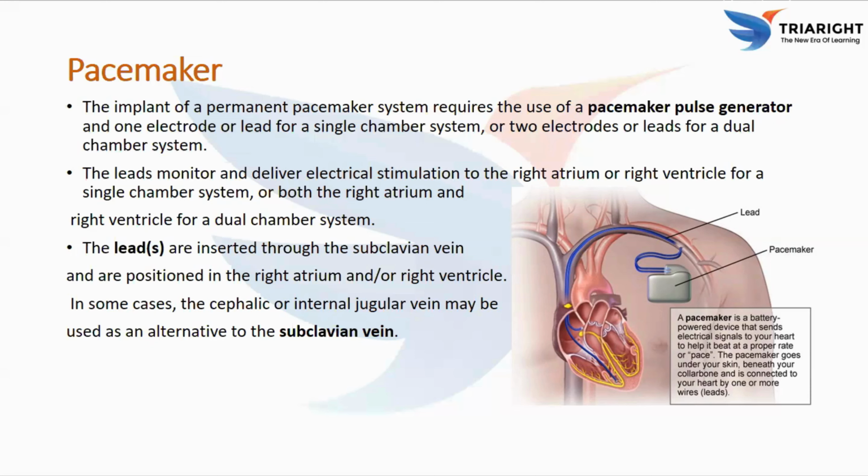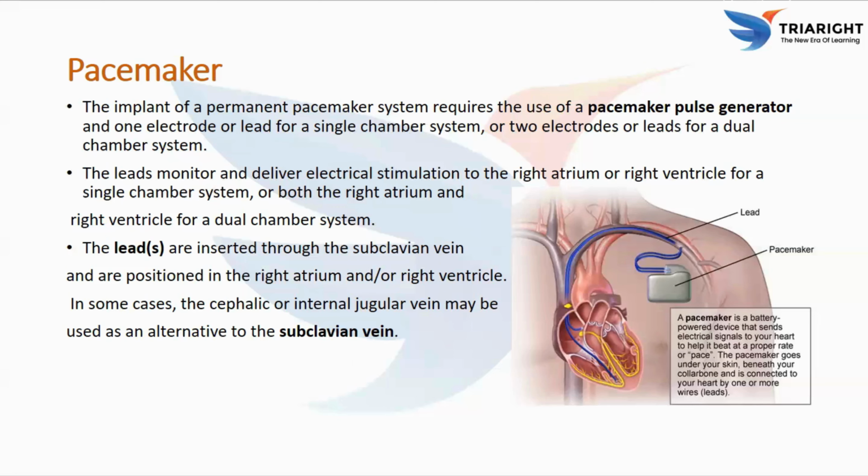Next procedure is the pacemaker. What is a pacemaker? It's a small battery-powered medical device implanted under the skin, usually below the clavicle, that helps regulate the heart rate by sending electrical impulses to the heart when it beats too slowly or irregularly. Now, what are the main components of a pacemaker system? Pulse generator,